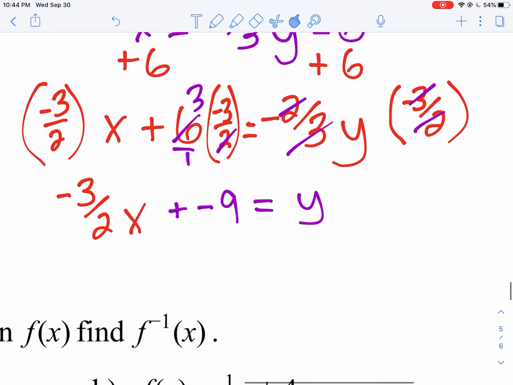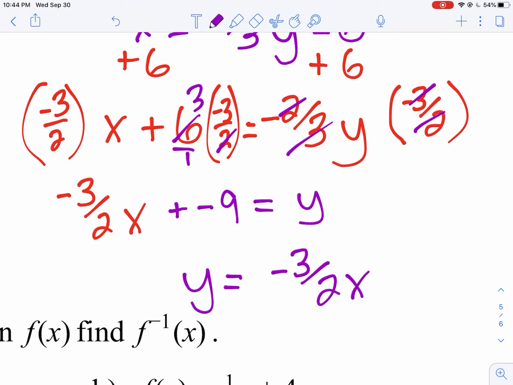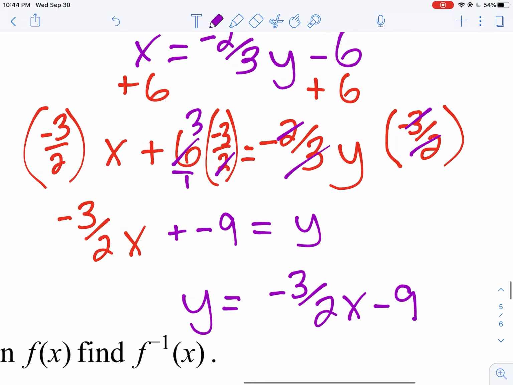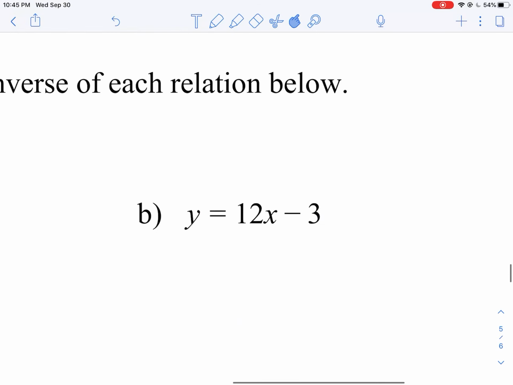So I got my inverse relation now. And I can flip it around even. y equals negative 3/2 x plus negative 9. Or if we're going to just keep it as minus 9, same thing, right? So again, the goal is you swap out your x and y's, and then